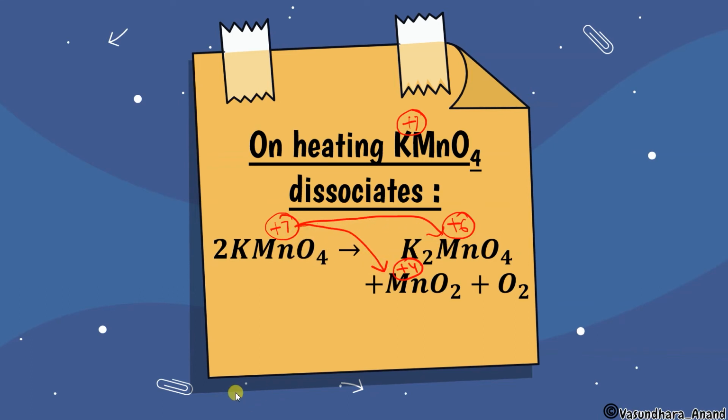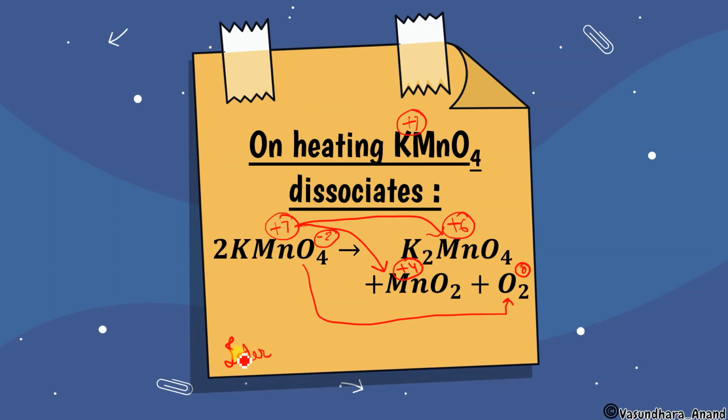So you'll ask how it is possible. See, it is not possible that only oxidation or only reduction will be there. If something is undergoing reduction, there must be something which will undergo oxidation. So which is undergoing oxidation? In KMnO4 the oxygen is in the -2 state, and here it is in the 0 state. So oxygen is undergoing oxidation. Got it? Now you'll say that a single compound in a higher oxidation state is going to split into 2 lower oxidation states. This type of example is called an interproportionation reaction.